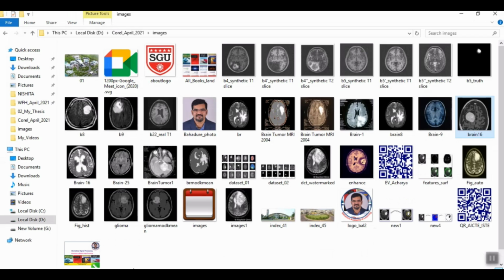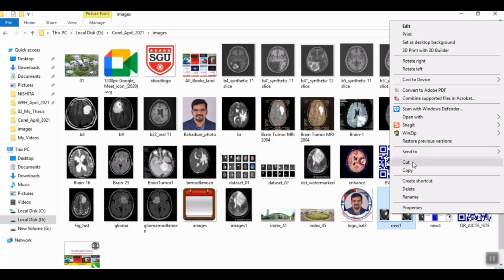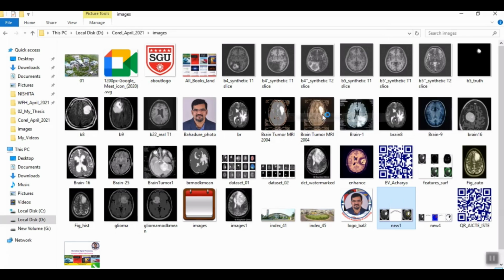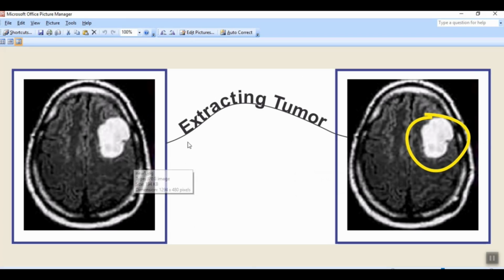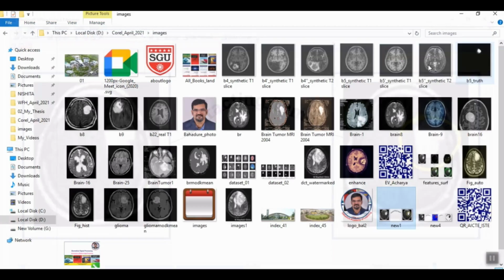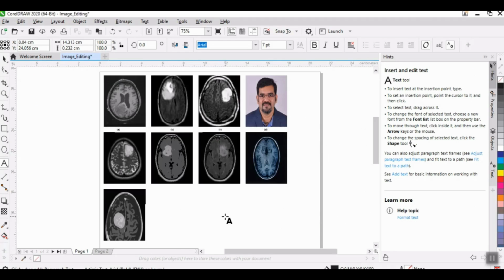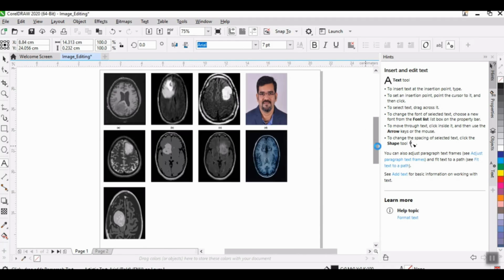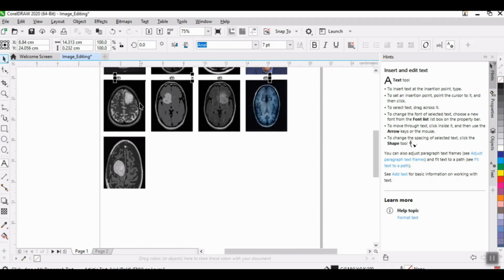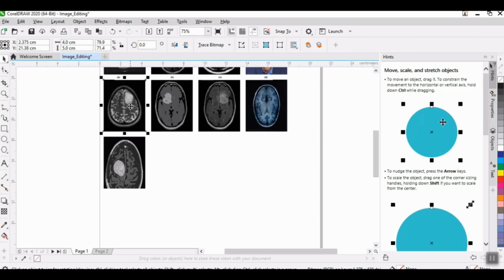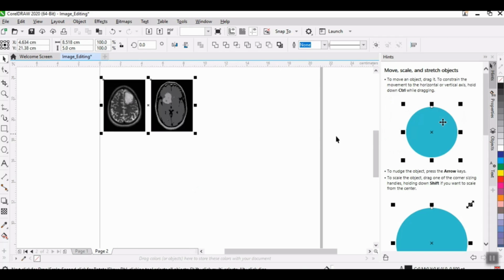Now similarly, how to do this operation? Take a look at this figure. Clear? Two images, with a direct line in between these two images, and some text. How to do this? Back to this, we are taking these two images for reference. Control C, open a new page, Control V.